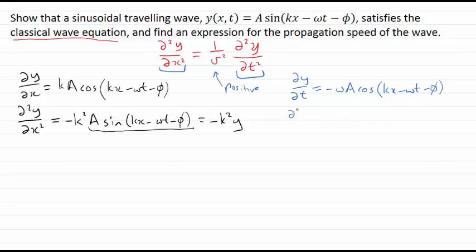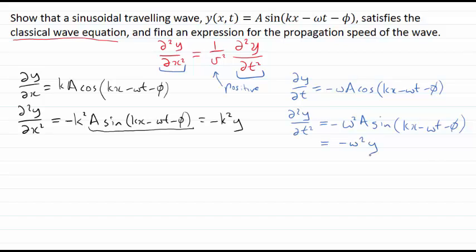And our second time derivative here, taking the time derivative of that first derivative, we once again pick up a factor of minus omega. So minus omega times omega gives me omega squared times A, and my cosine becomes again a minus sine of kx minus omega t minus phi,